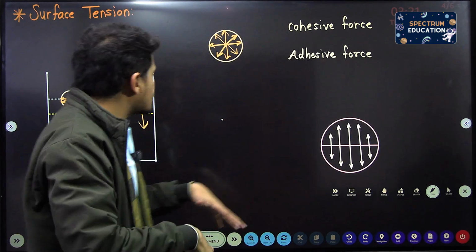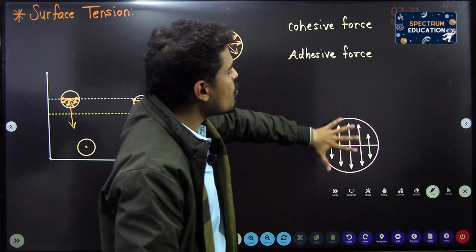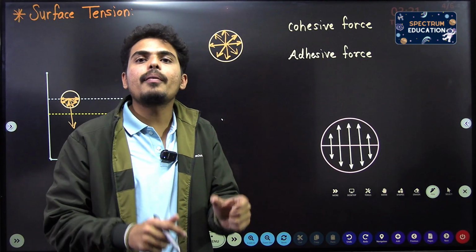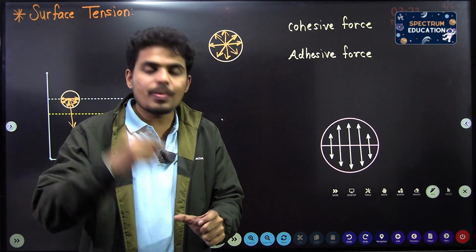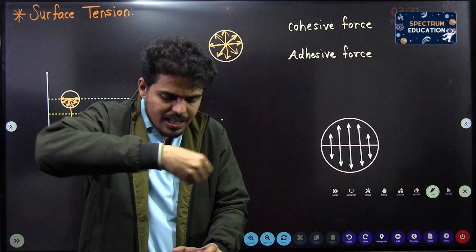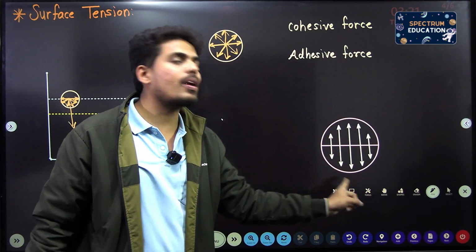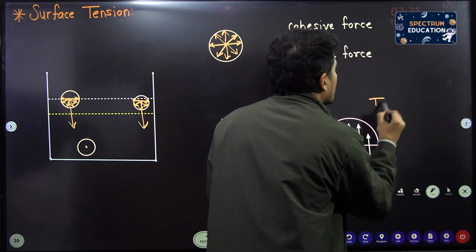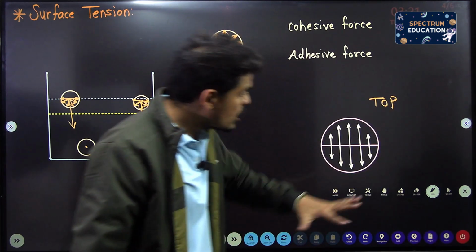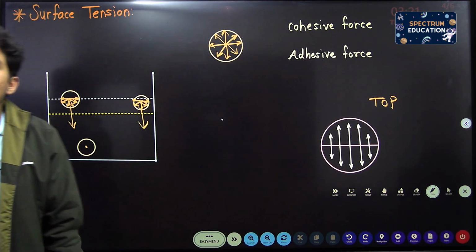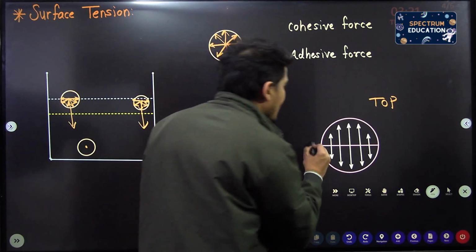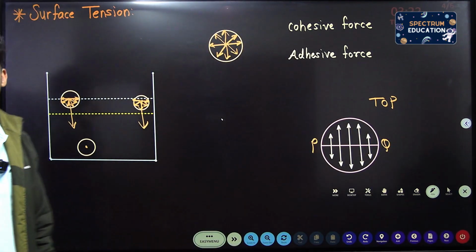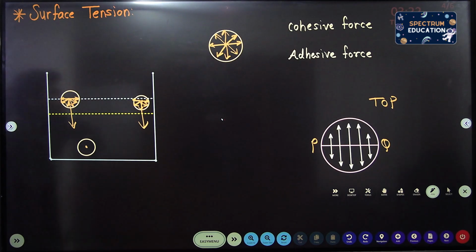So let us consider this is the top view of some liquid. So मैंने एक बीकर लिया है और एक कंटेनर लिया है, उसमें लिक्विड है और मैं देख रहा हूँ लिक्विड ऐसे सर्कुलर मुझे दिख रहा है। तो ये ऊपर से टॉप व्यू है, नॉट फ्रंट व्यू, दिस इज टॉप व्यू। ऊपर से मैं देख रहा हूँ तो ये फ्लूइड है। ओके, लेट अस कंसीडर सम इमेजिनरी लाइन PQ ऑन दैट सरफेस। एक इमेजिनरी लाइन मैंने कंसीडर की,